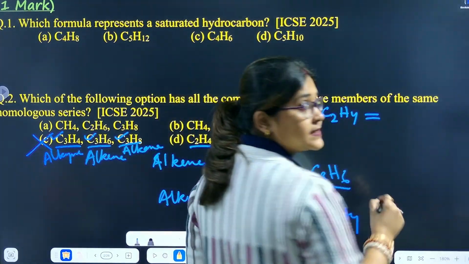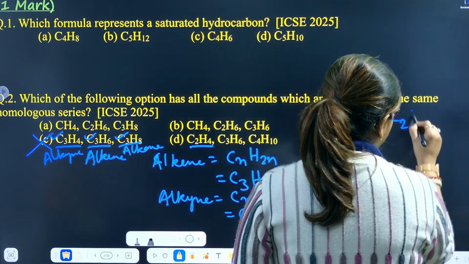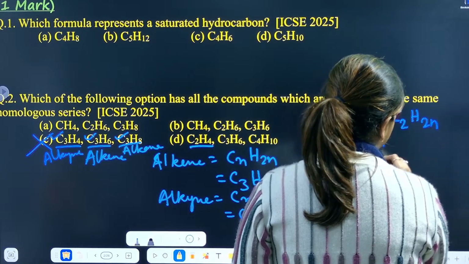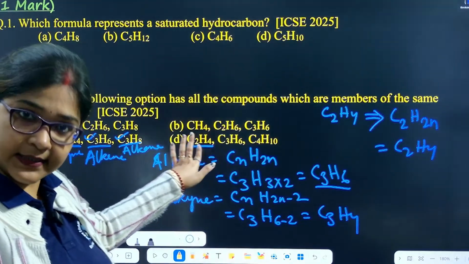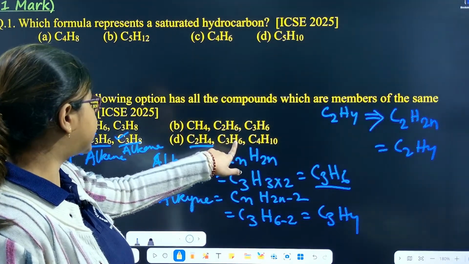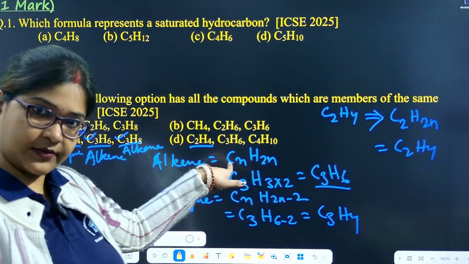That means this is CnH2n. That means C2H4 is in alkene, right? C3H6 is what? I said it is also alkene, right? And